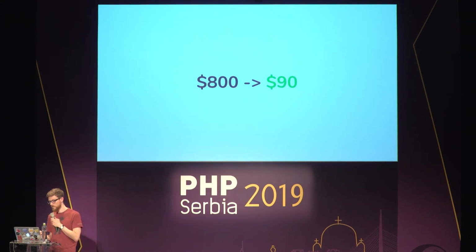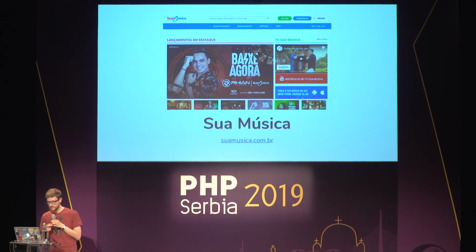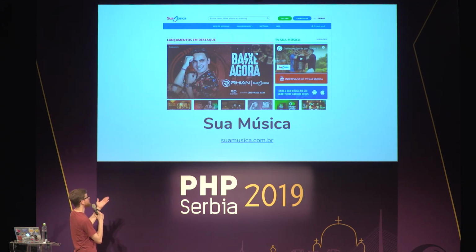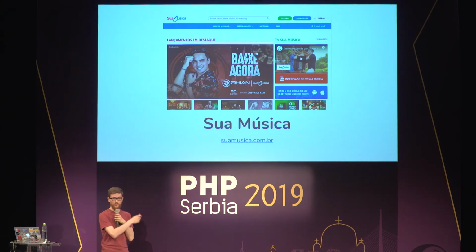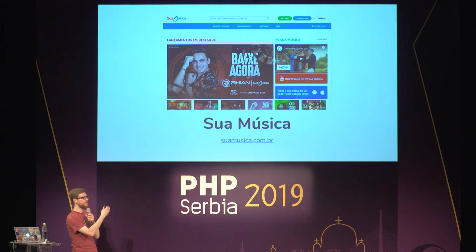Now finally, the last one is a website. And it's called SuaMusica. I don't know if I pronounce it correctly. I have nothing to do with that website. This is a Bref user who shared it on the GitHub repository. It's a Brazilian website about music and everything, and it runs with Bref. It runs with PHP on Amazon Lambda, and they are starting to migrate to Bref. Yeah, sorry about the confusion.